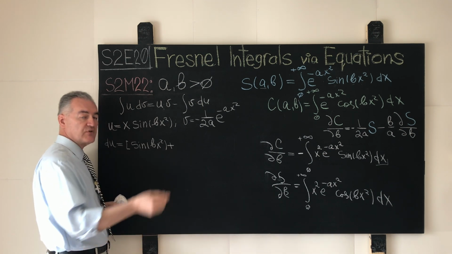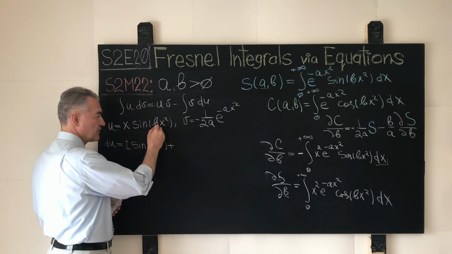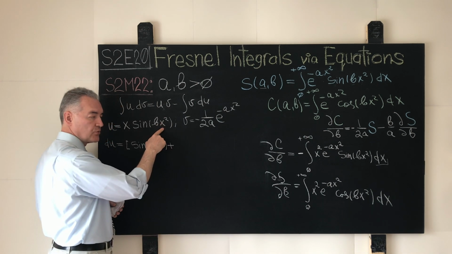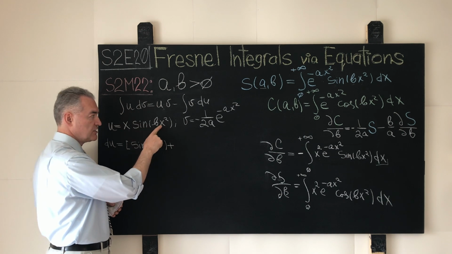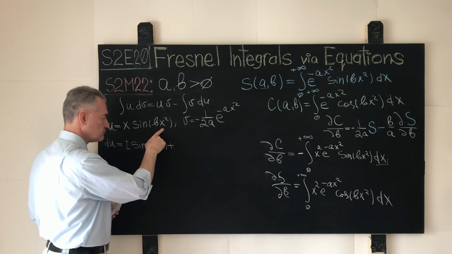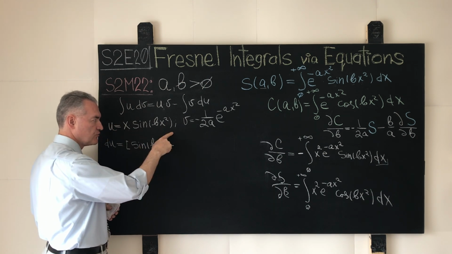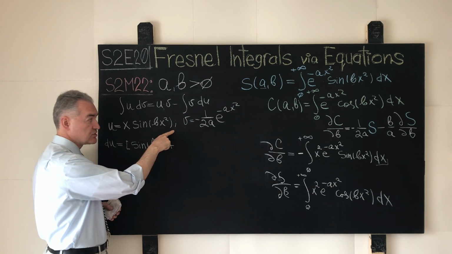The first derivative of the outer function times the first derivative of the inner function. The inner function over here is integrated carefully with respect to what? Here we differentiate with respect to x, not b, but x. So what will be the first differential of the second part of this function? Well, it will be